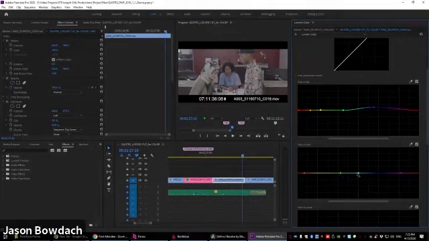So for instance, if I want to shift this teal to yellow, I don't know that it's coming through. I'm not seeing the changes. Yeah, I don't know if you're seeing it there, but on Zoom, I'm seeing you make the adjustment, but I'm not seeing it come up in the program monitor.